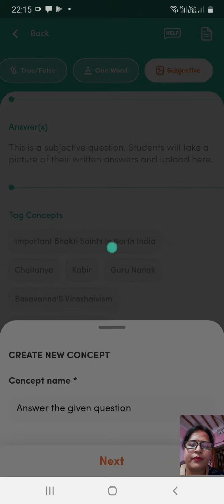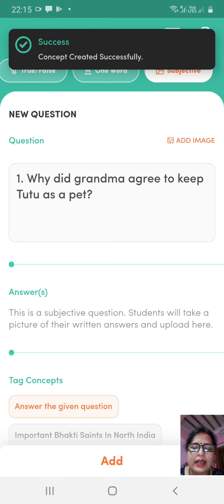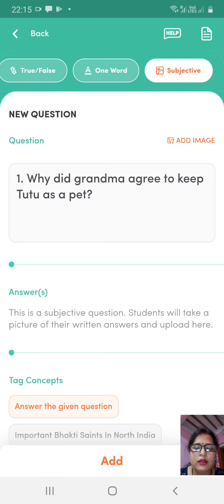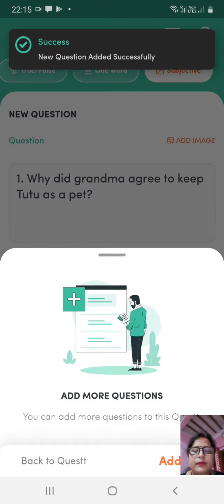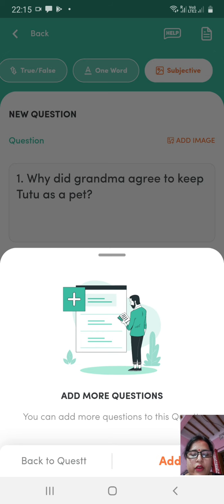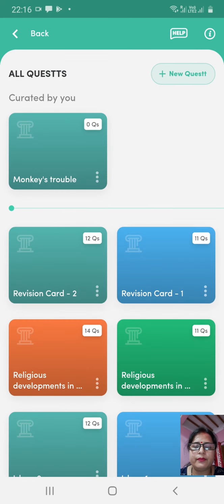Okay, now I will click on next, then add. If you wish to add more questions, you will click on add. If you don't want to add more questions, you will click on back to quest. So here I am clicking on back to quest.